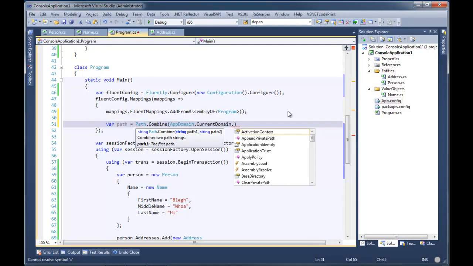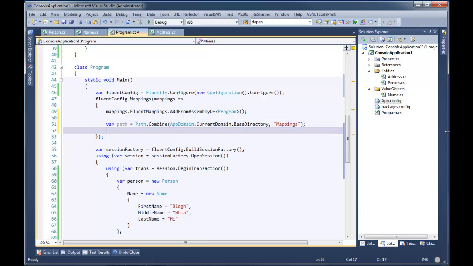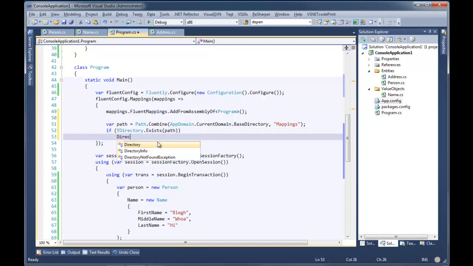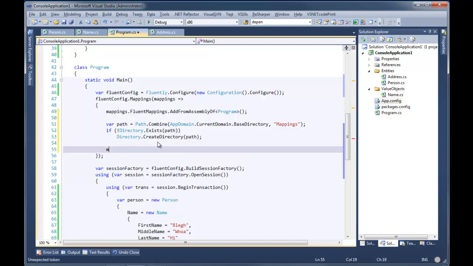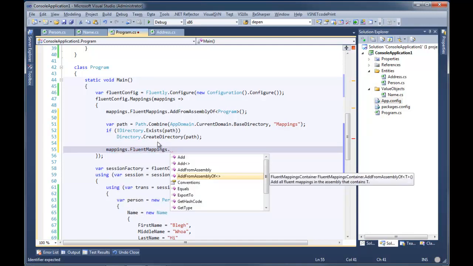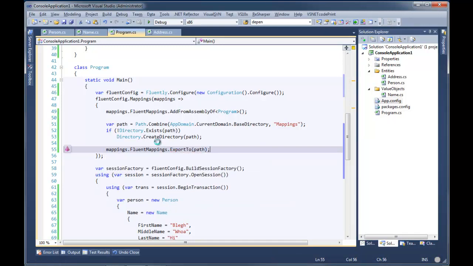AppDomain.CurrentDomain.BaseDirectory. Now that did just add System.IO, didn't it? Yeah, I added System.IO, and I think I added System as well. Okay. And then we're going to do if not Directory.Exists(path), then Directory.CreateDirectory(path), and then mappings.Fluent export to path. Now if we go ahead and run this,